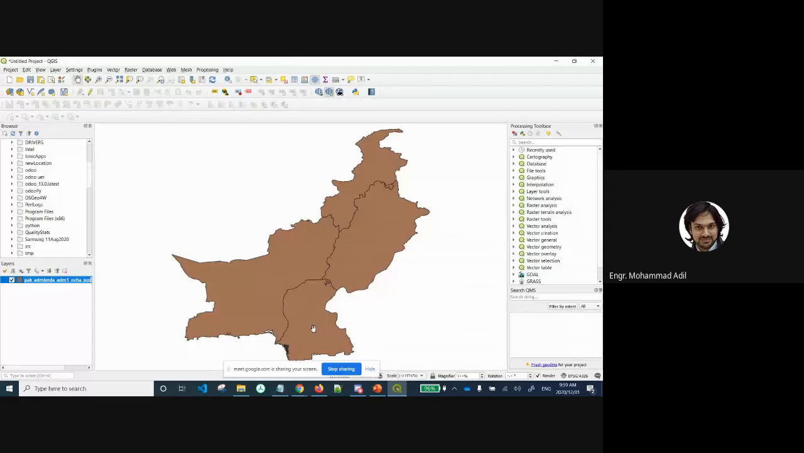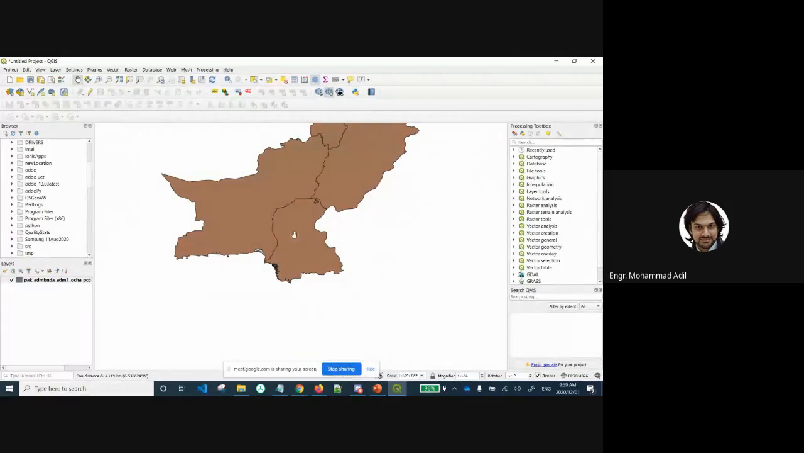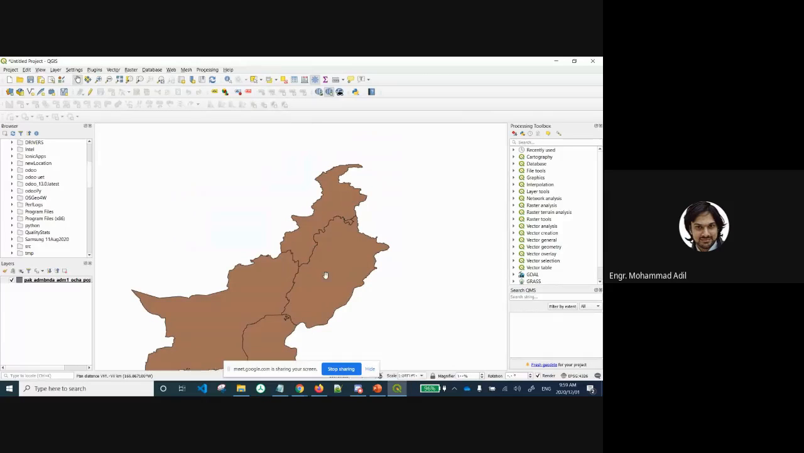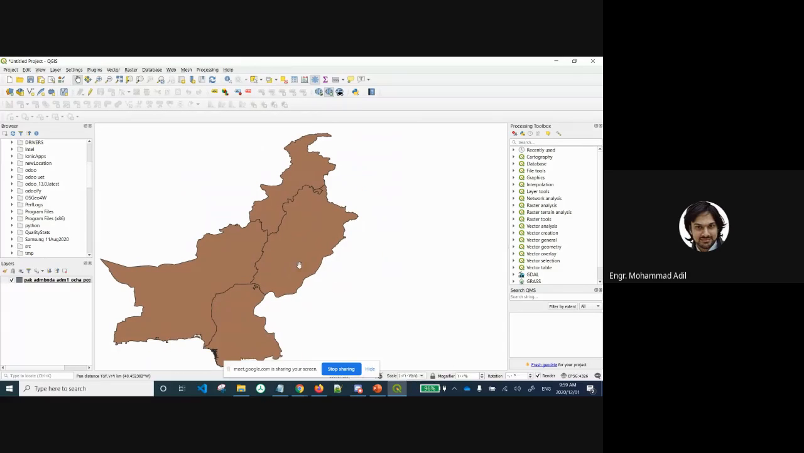If you click on any polygon, it will automatically appear in the center of the screen. For example, Sindh now, if I click on NWFP here, you'll see it will be directly in the center of the screen, and Punjab now exactly in the center of the screen. So if you right click on the layer